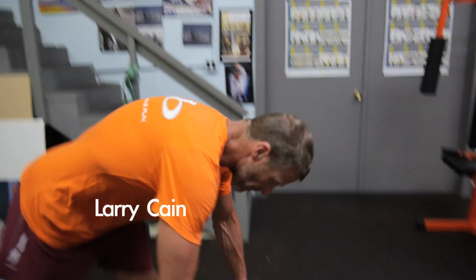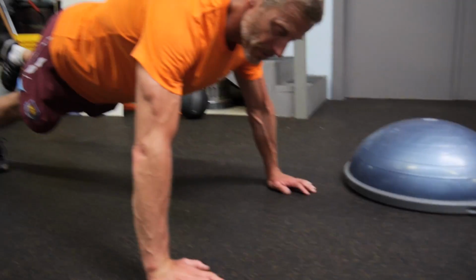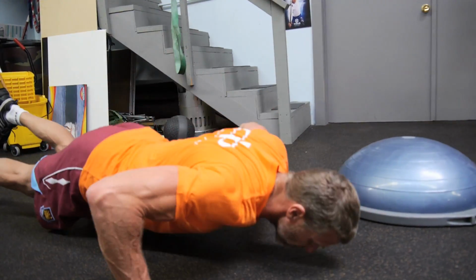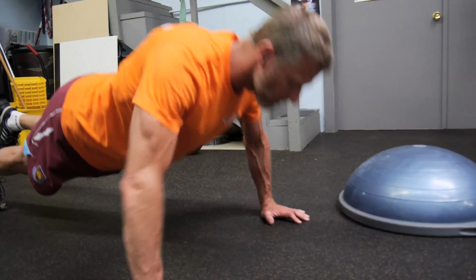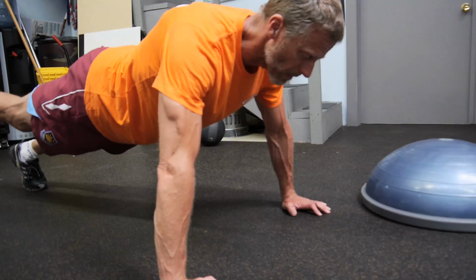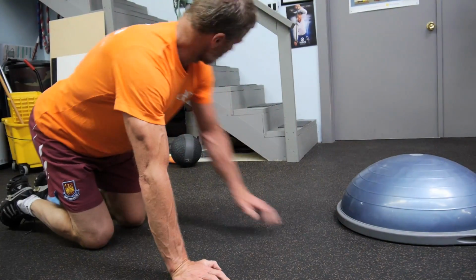You take your basic push-up and you start with one foot in the air, which introduces a lot more core stability. And so you can do your push-up with one foot in the air. You do a set, maybe change feet, do another set. And then as you get better at that, you can put your